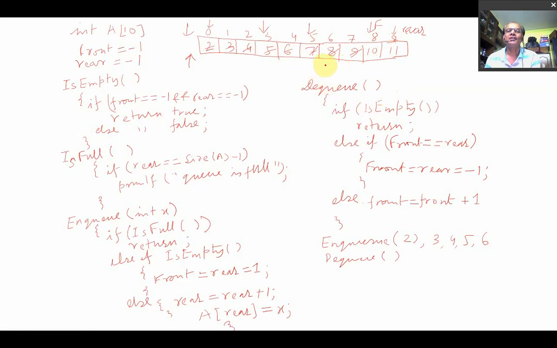Now you can do this very efficiently with the help of a circular array, which is also named a circular queue. What do you mean by circular queue? In place of the full condition, that means rear is equal to size, you do the modulo operation.